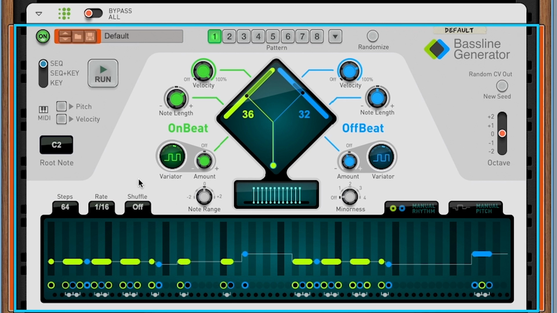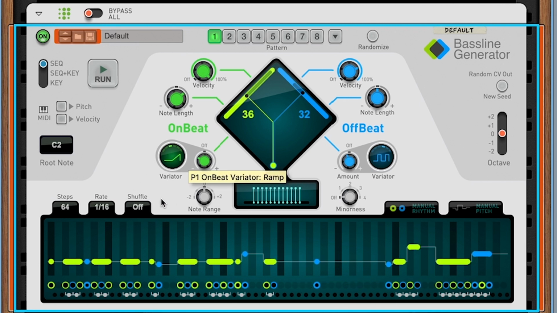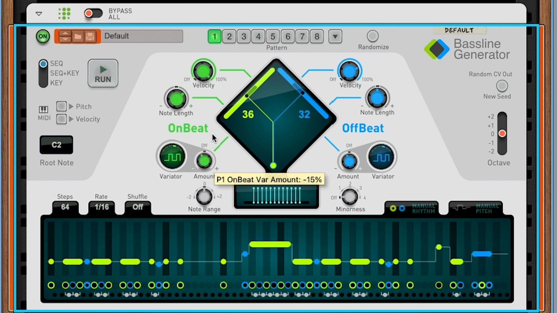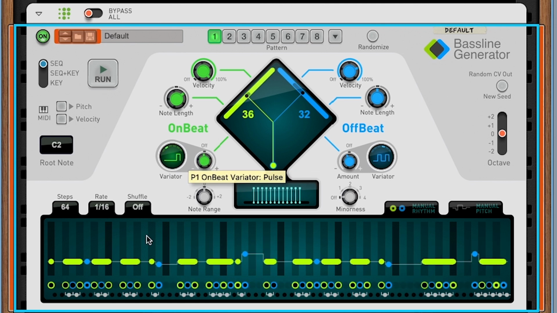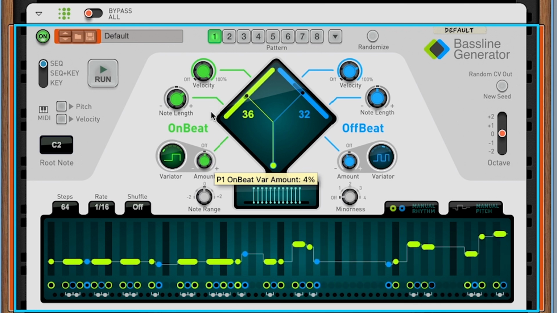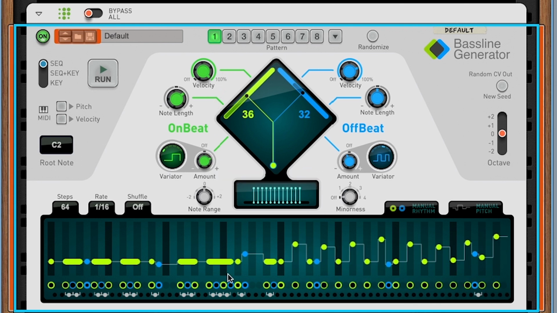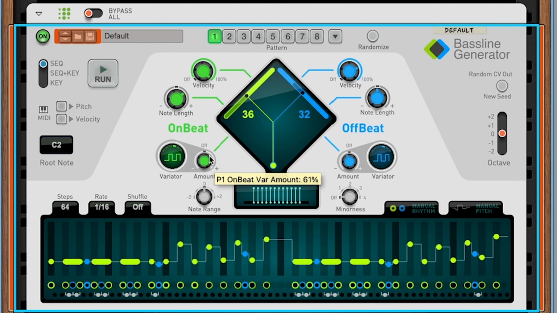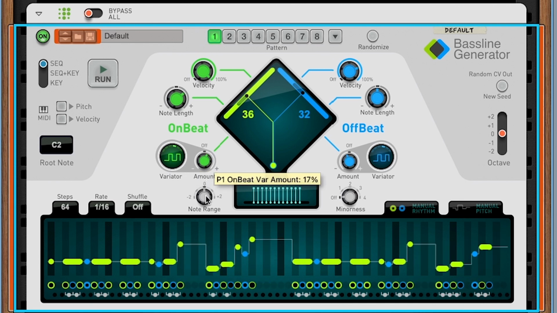This variator knob changes which notes are adjusted when you move the amount knob here. We can see this really clearly if we switch to this waveform shape here. If I now turn the amount knob, we can see that only the on-beat notes in the second half of the sequence are getting adjusted. If I switch it to this one here, we can see that the notes are getting adjusted in 2 spots